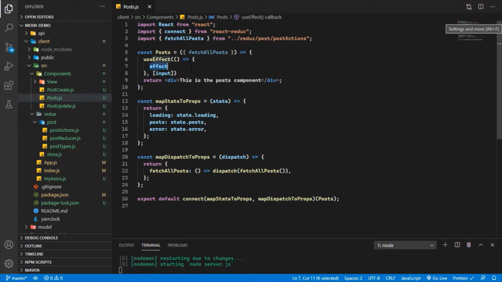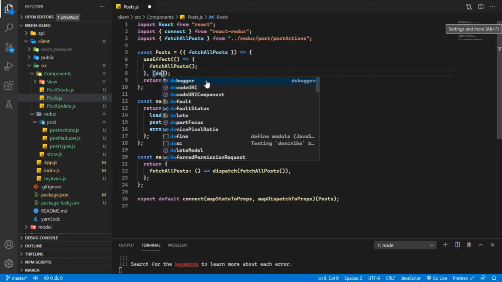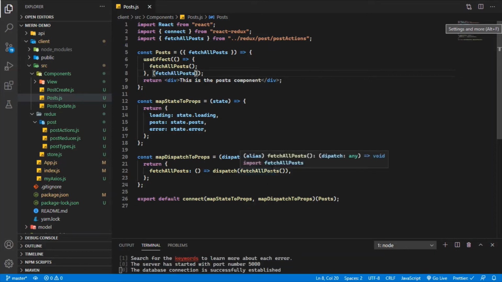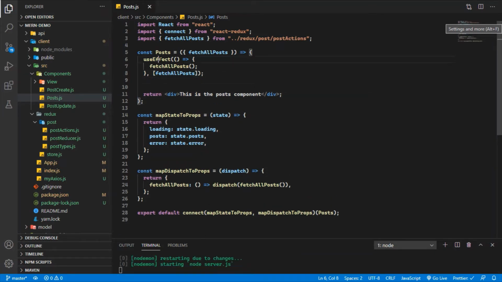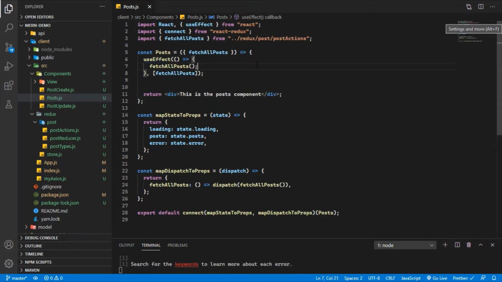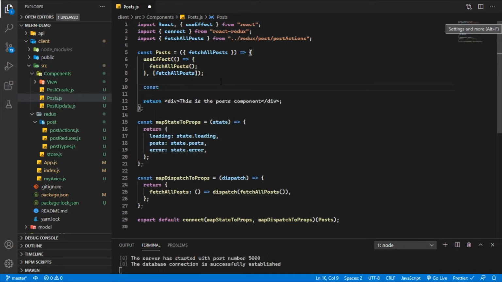In the effect portion, I'm going to use the method fetchAllPosts and invoke it, and in the dependency list I'm also going to mention this method. That's it guys. Now I'm going to import useEffect, and I have imported it. After that I'm going to create our component.